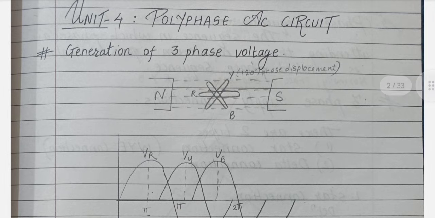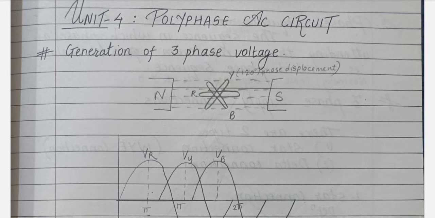So this is the chapter, unit number 4, polyphase AC circuit and transformer is the name, because some part of transformer is also covered in this unit. The very first thing we have to understand is what is there in this unit. If you remember, the topic name of unit number 3 was single phase AC circuits. So this is just the updated version of it, that is polyphase AC circuit. In this unit we are going to study transformers and AC circuits dealing with polyphase, in the sense that we are going to deal with three phase AC circuits.